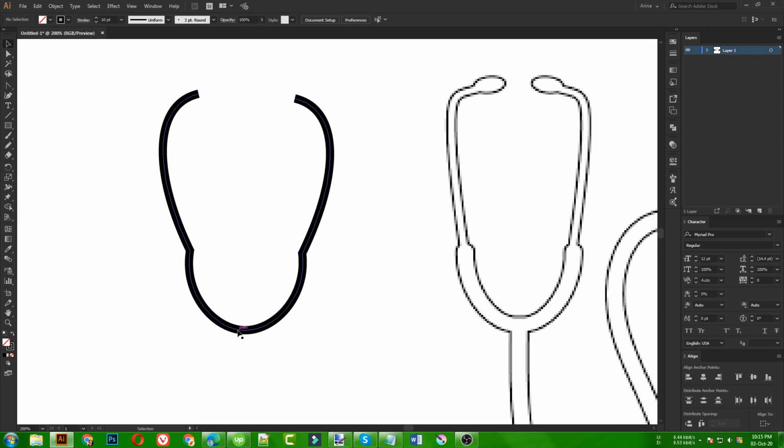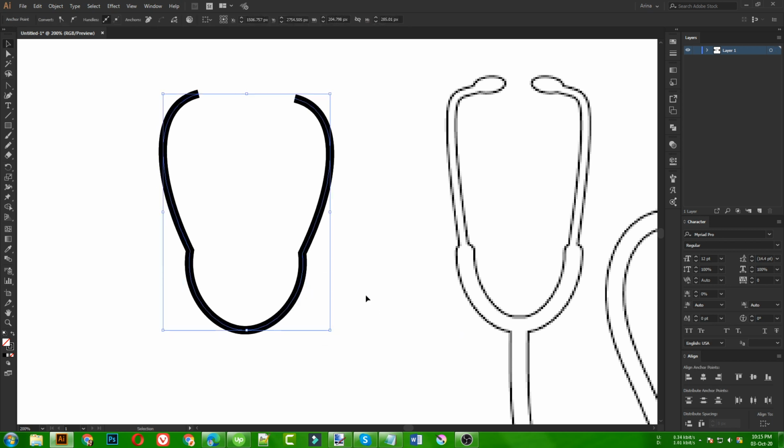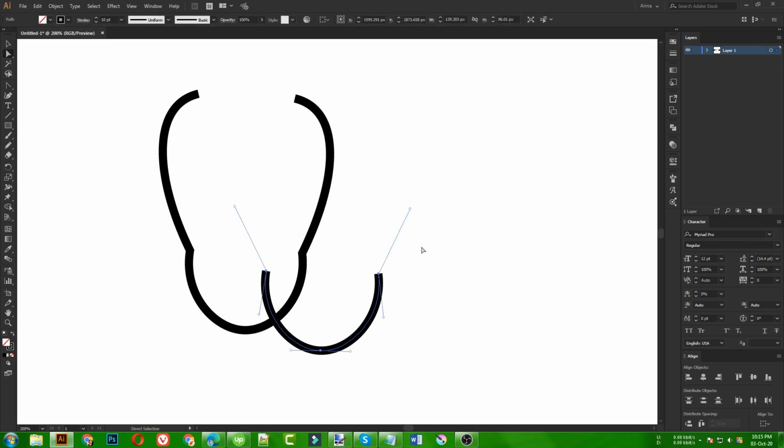Now I am going to select this one, copy, paste in front. So as you can see, now I have 2 shapes. So I am going to use my direct selection tool again to erase these top parts. Okay, so I have now two different shapes here. I need to erase this part. I don't need that, and then this part. Okay, so once they are deleted, I can simply place it just like this